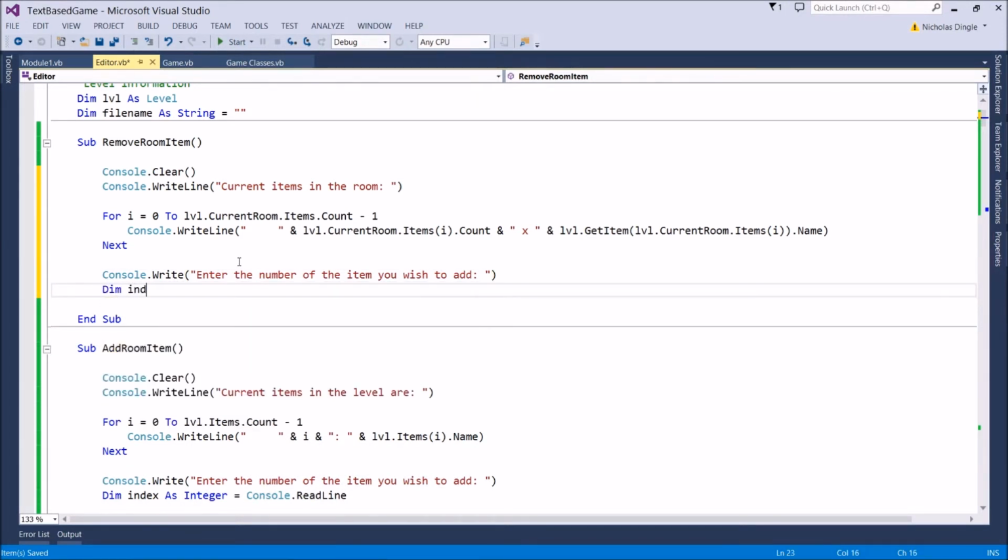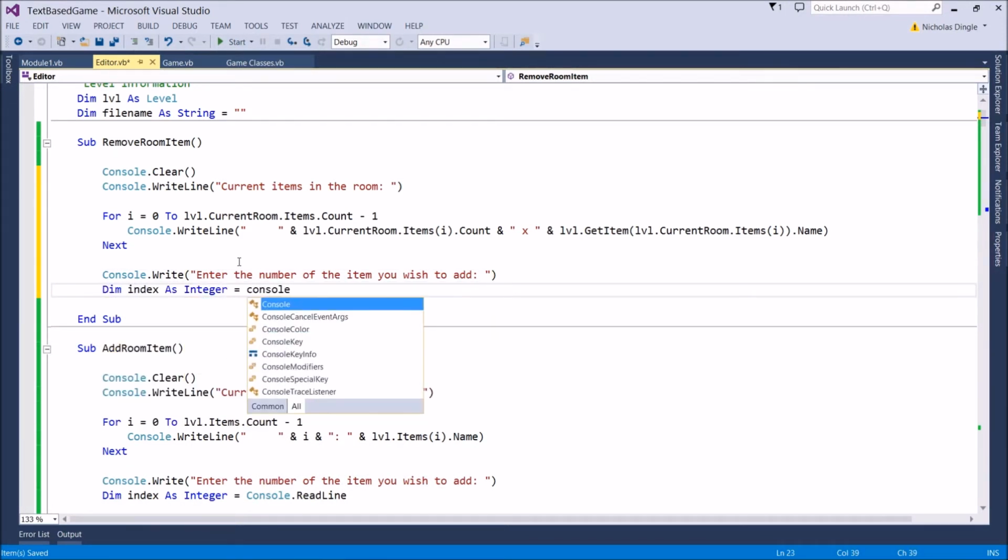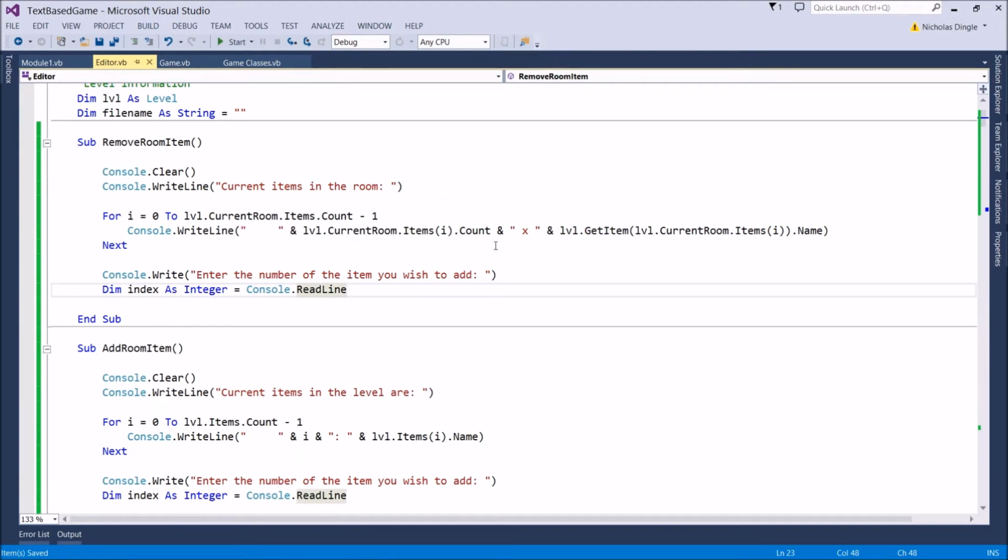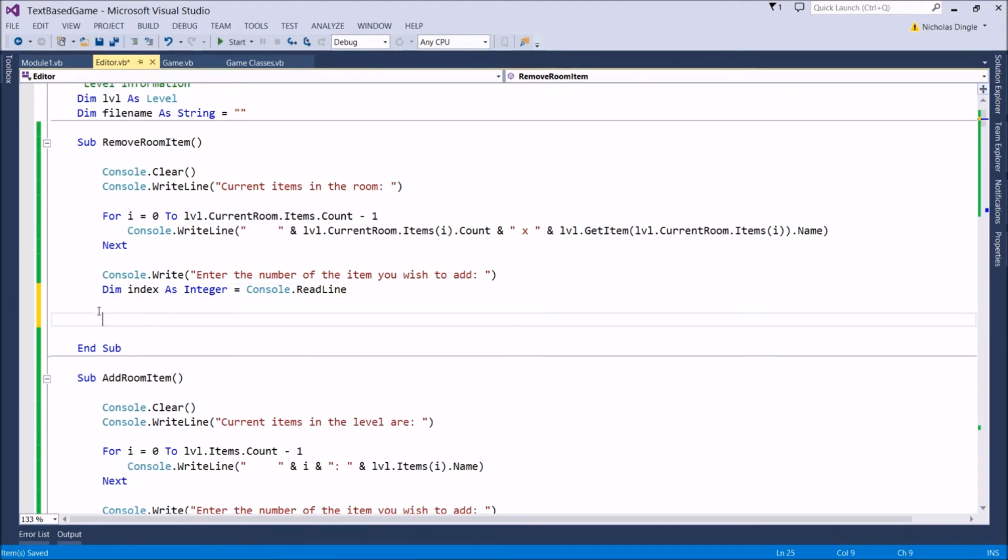Then Dim index As Integer equals Console.ReadLine. Now, before I get too excited and do our if statement to make sure the index and all that kind of stuff is okay, I've got to change this. Currently this is the count of the items. I want the index. So I need to change all of this into I. That's it. So replace all that with I, and that's going to print the index of the item. Sorry about that, I just realized I was getting ahead of myself. Okay, check